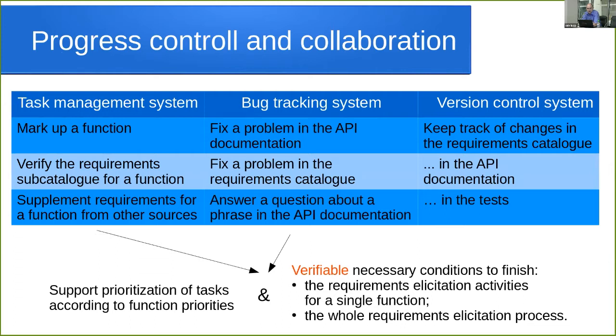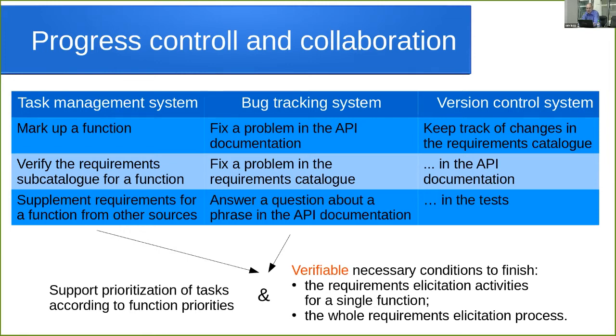When we put these tasks into these systems, we assign identifiers to them, and we are able to control the whole life cycle of these tasks, and doing so allows us to support our prioritization process. So every task is handled according to the priority of the corresponding function, and we also can define